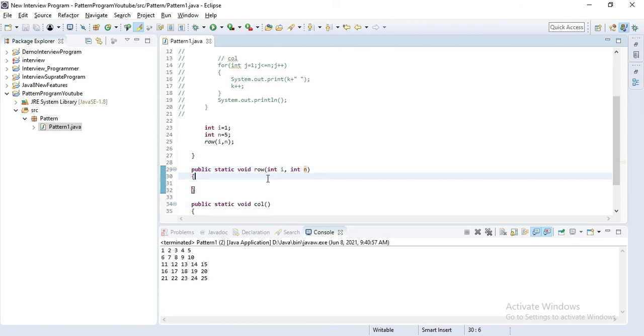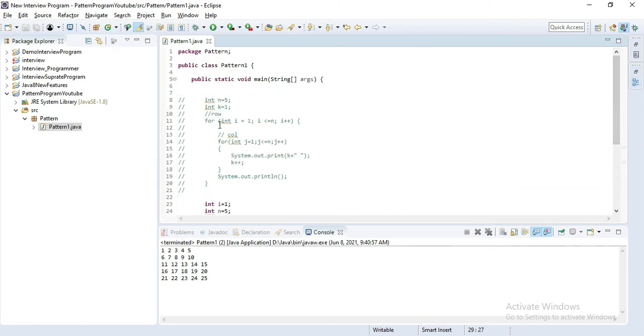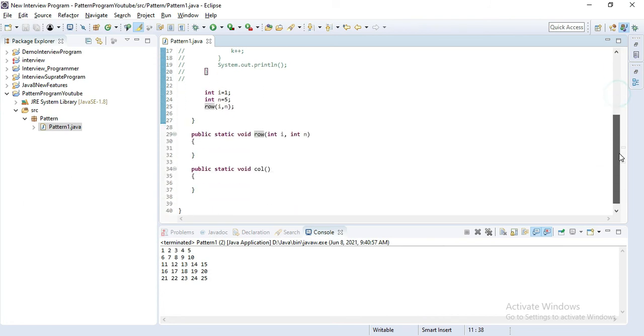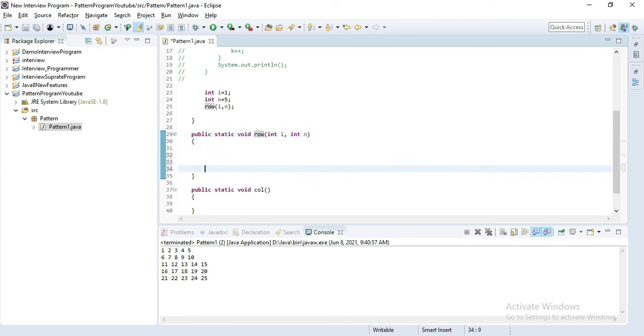Now if you know recursion programming, this will be easy for you. We have to do the recursion here. We have to make this method recursive like a for loop. If you remember, this for loop is iterating 5 times. The same way we have to call this method itself 5 times. So I'll define an if here.